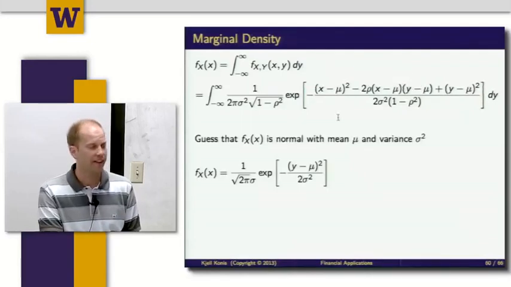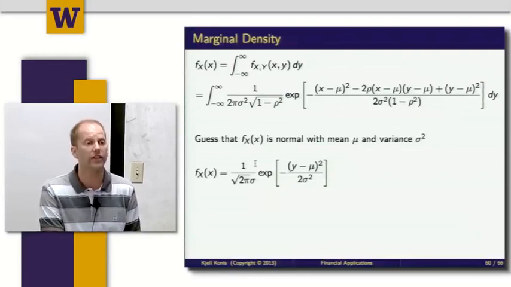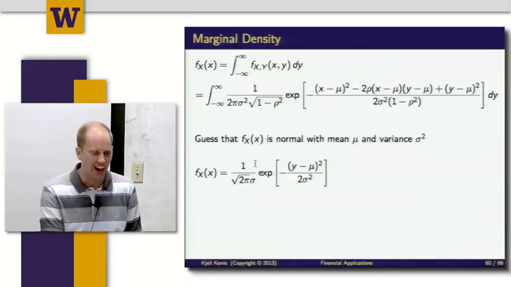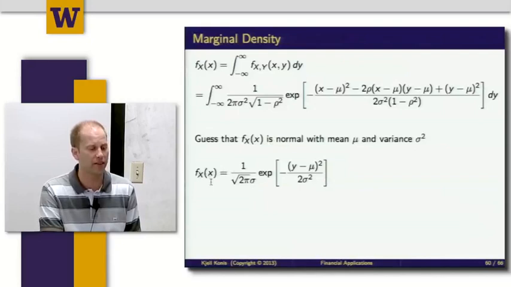So a good first step, and this happens quite often, is that you can usually make a pretty good guess as to what the answer should be, or you can at least guess what it should be if it's going to be easy to do. You might try that and find out it doesn't work, and then it's not going to be easy to do. But in this particular case, I'm just going to guess that the marginal density is just a univariate